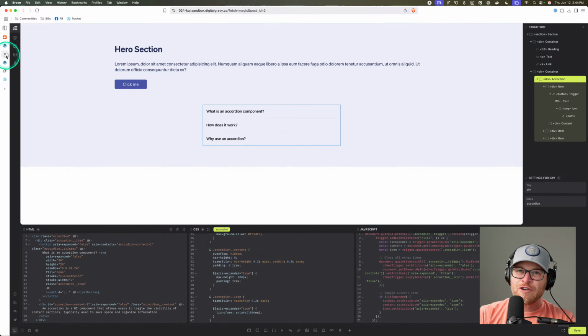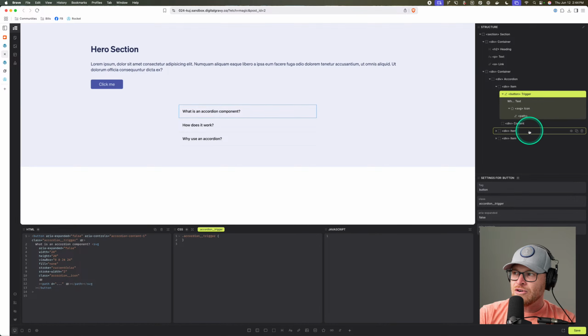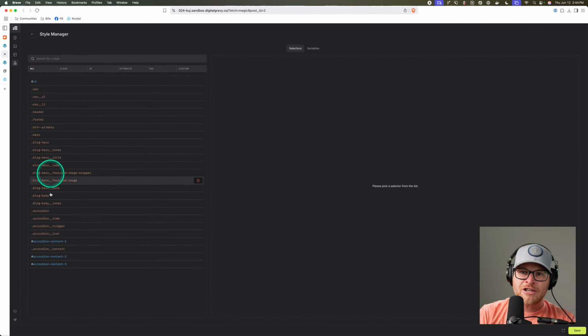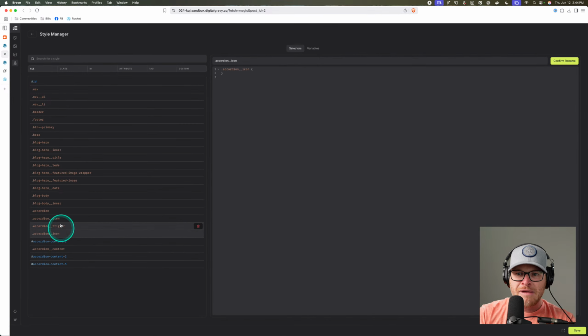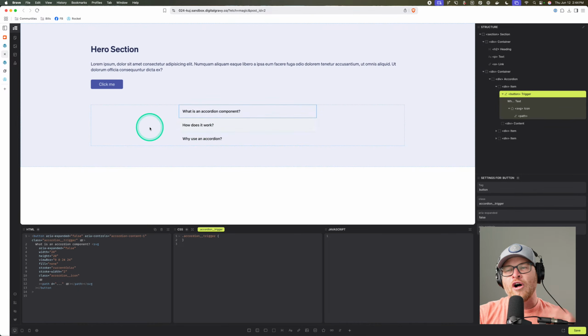If we go back and you notice, did I name all these things in the structure panel? No, it named them based on the BEM classes that we used in the HTML. So it named everything for me. It attached all the selectors for me. If I go here to the Styles Manager, they're all right here. I can manage them all from right here. Here's all the CSS for the accordion. Okay, so this is all going to be happening for you in the future,